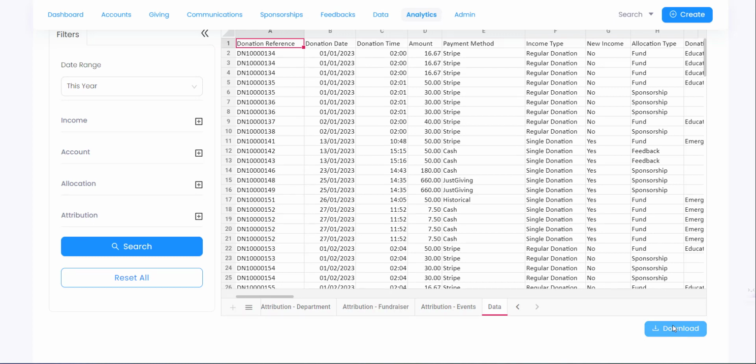And so this is the end of the training on lists. It's worth noting that, of course, lists can be very specific and can be made according to the needs of your organization and to different departments. So if there are any additional questions, feel free to get in touch with our support team, or we may have future videos on additional